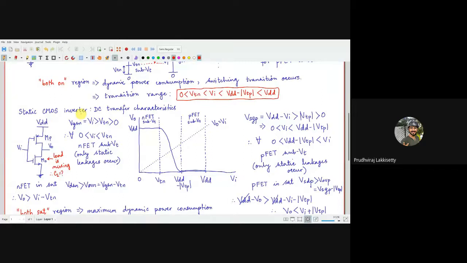They will be alternatingly turning off. Both will not be on. Okay, symmetric switching you want to say? So that is symmetric switching, right? Yes, yes. And also there will be a low resistance path to VDD and ground.